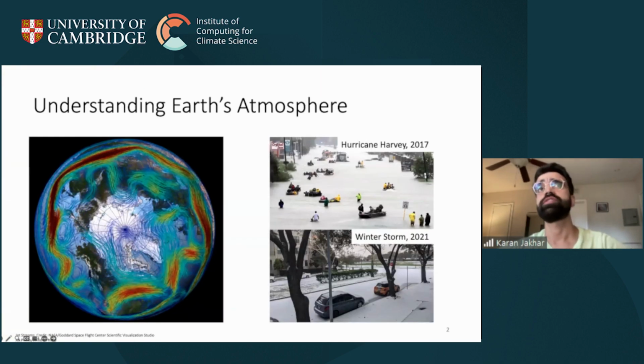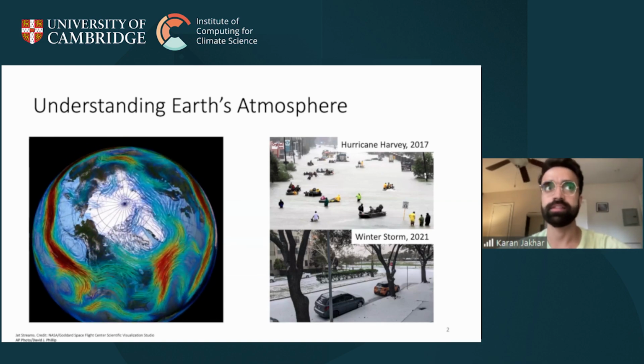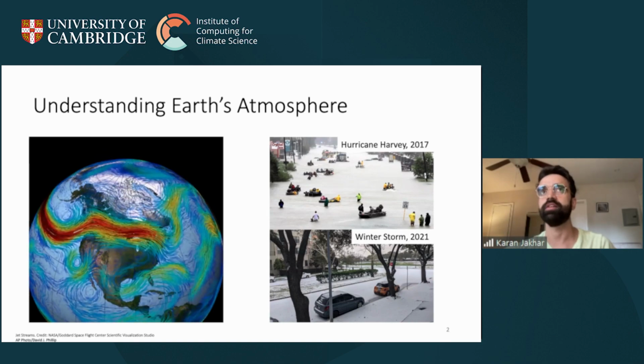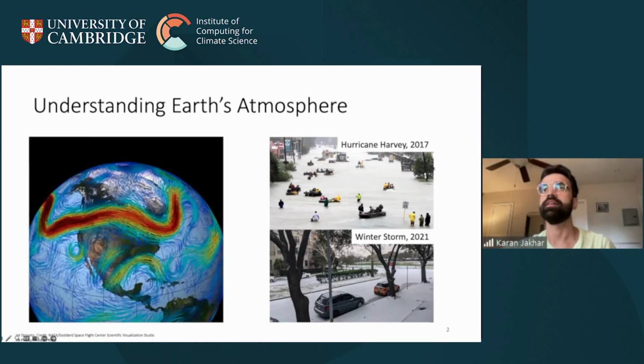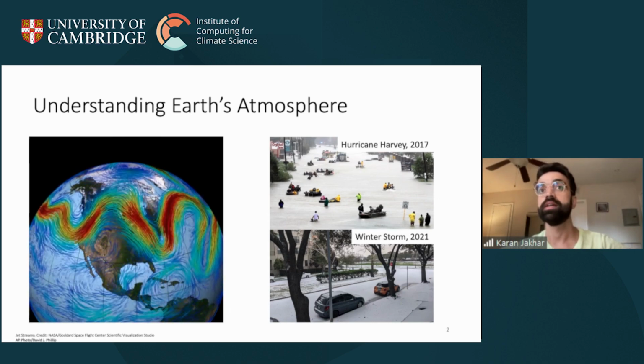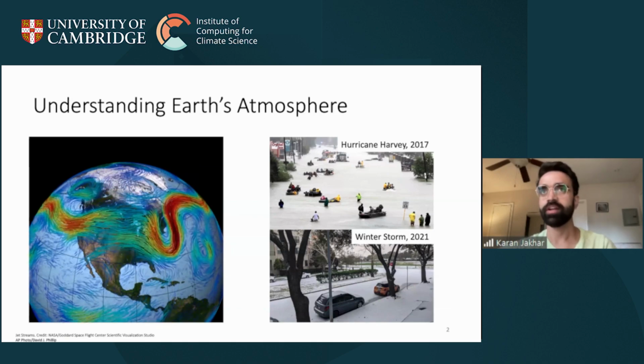In order to understand Earth's atmosphere, we want to be able to numerically simulate it so that we can predict weather and specifically extreme weather events, like the Hurricane Harvey, which happened in North America in 2017, or the winter storm, which again happened in North America, and